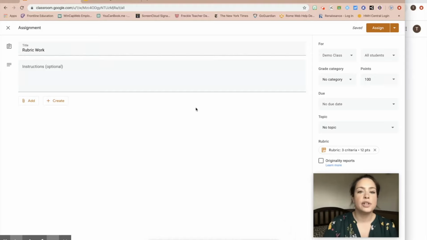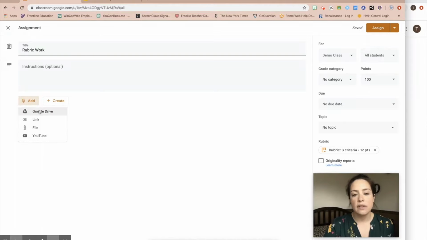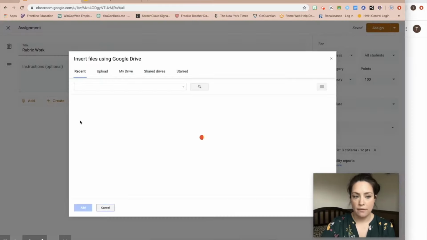Okay, so another note before we get into grading the rubric, of course, when you're assigning anything in Google Classroom, you can add a template for the students. So if this was a project, let's say in Google Slides, and you had a template already created, or it was an essay and you had some directions at the top of a Google Doc that you wanted to add to that same Google Doc. If you have any kind of template or something you want to share with the students for them to work in, if you add to Google Drive,